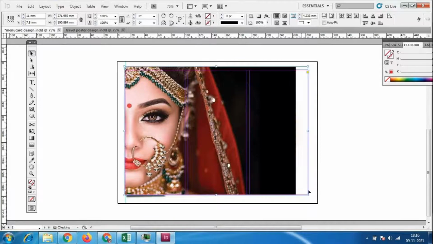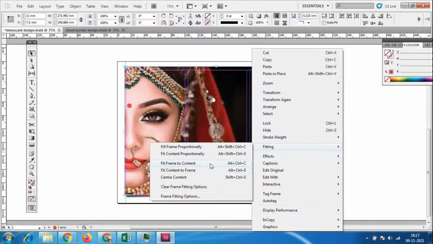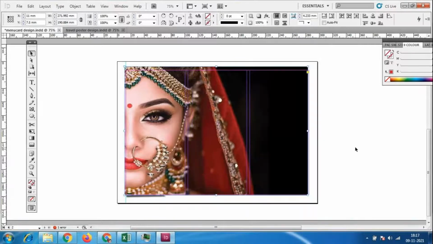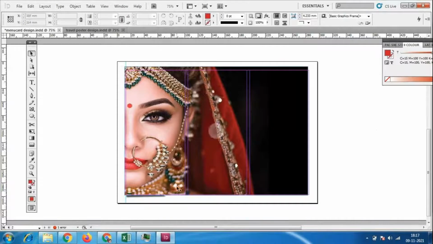Fit content to frame. Okay, so suppose you are making a bridal image, at that time we could add things like this with the pen tool. So now you can add the design, suppose we are making the bridal design,